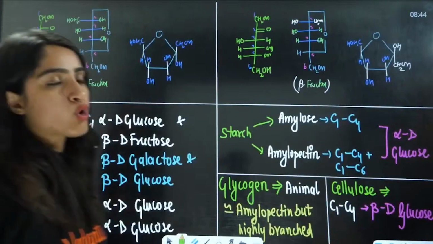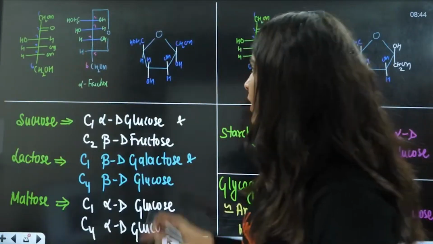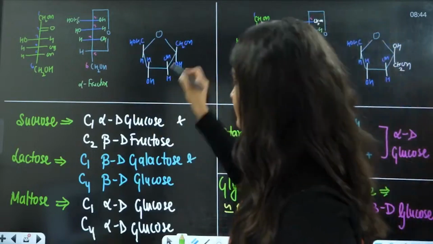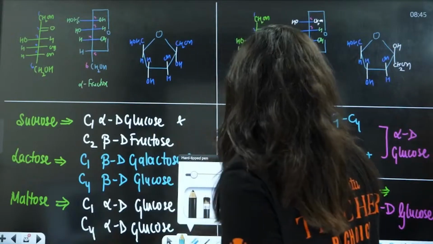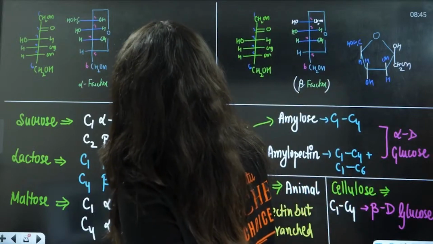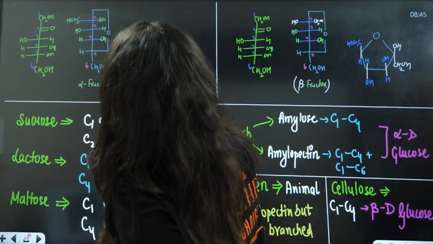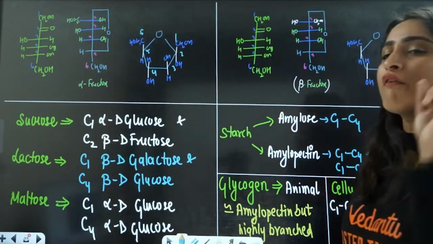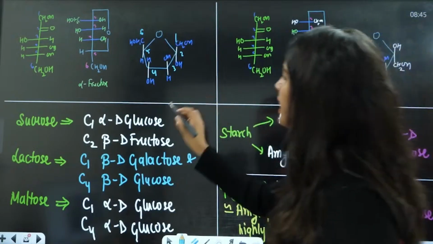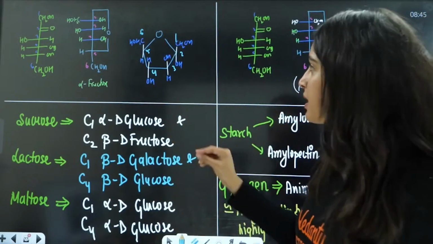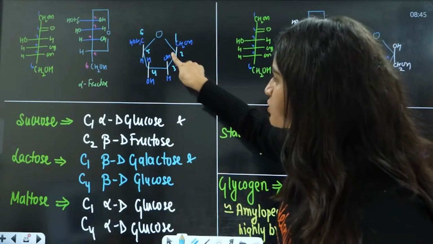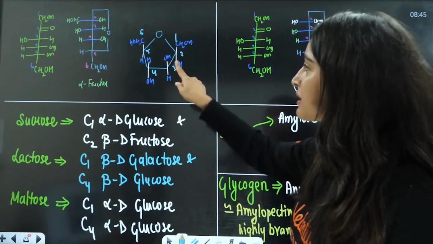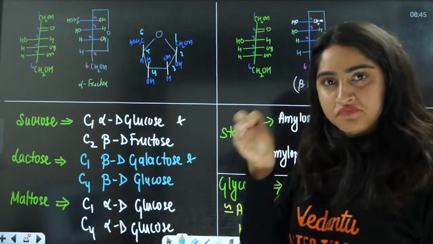Now, how to draw the structure of fructose, okay? Draw this furanose ring here. Then this is going to be the first one. This is 1, this is 2, this is 3, this is 4, this is 5 and this is 6, okay? So here you will have the difference at the second carbon. See this very carefully: OH downside, OH upside, OH downside, and this one, okay? OH is on the third carbon.